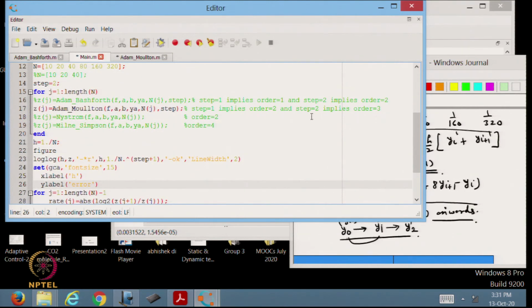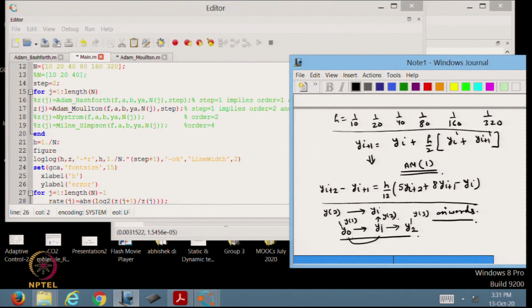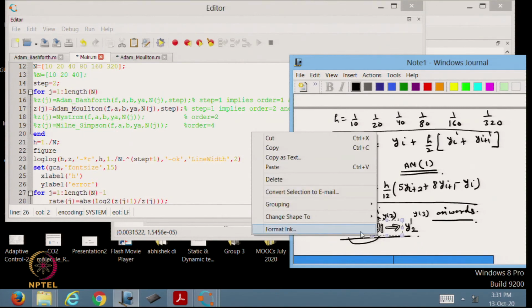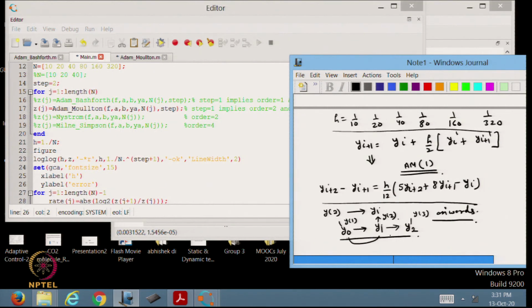Because as you can see, step 2 implies order 3, that is why we are choosing TS2, otherwise there will be inconsistency. If we choose a low order method, that error will dominate, and then there is no point, because if there is a low order accurate method predicting the value of y1 and that error will dominate the rest of the computation, there is no advantage in choosing a higher order method for subsequent values. Okay, so that is why initially also I said that in multi-step methods you have to be very careful how you choose the initial approximation.